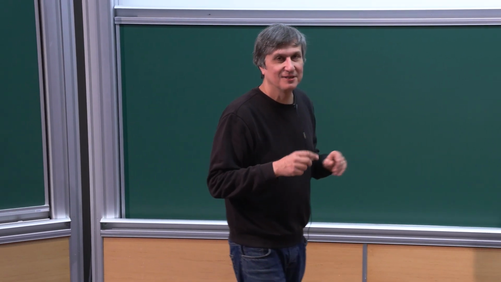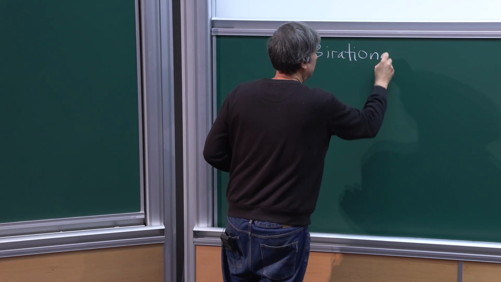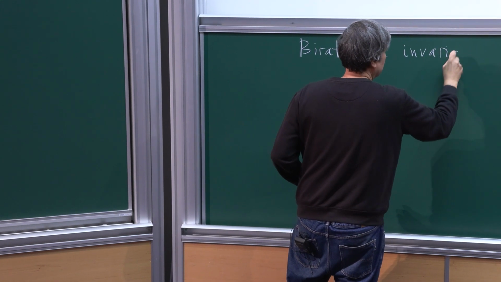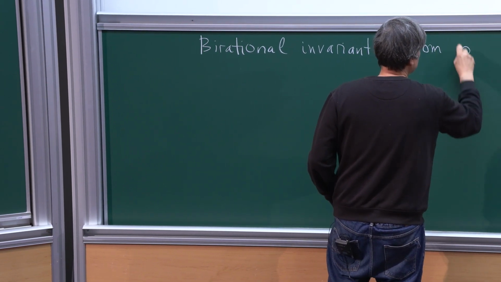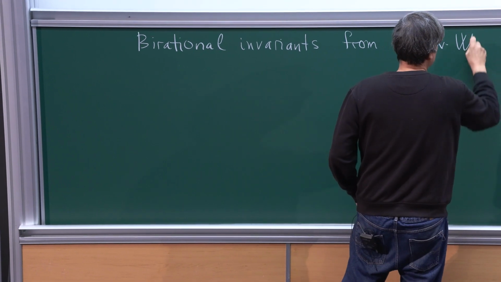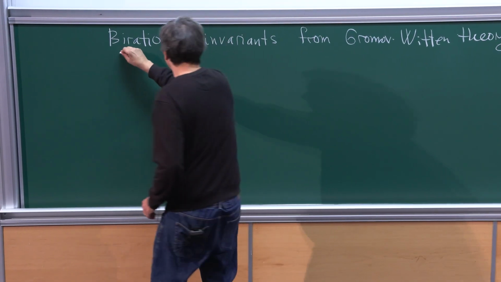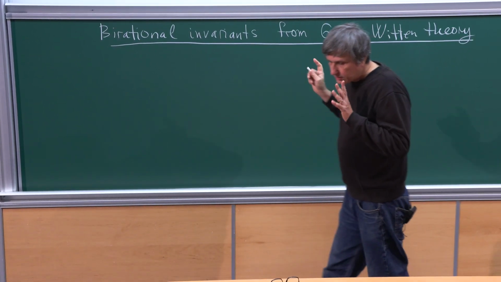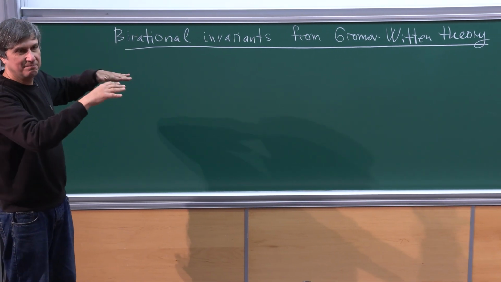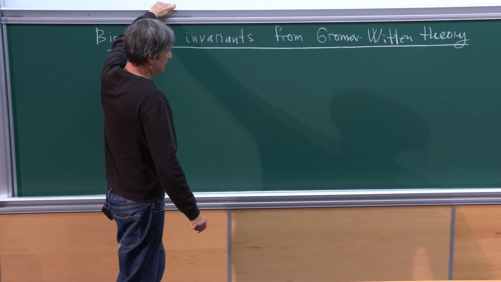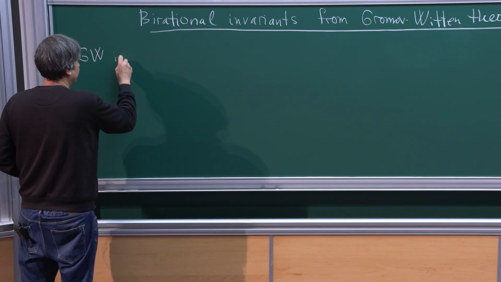To start my course. So it will be on birational invariants from Gromov-Witten theory. Yeah, so this is the title, and in fact there is much more. So this birational invariance is only the first kind of practical application, but there's a great hypothetical picture behind, which I'll explain later. Yeah, so Gromov-Witten invariants of manifolds,